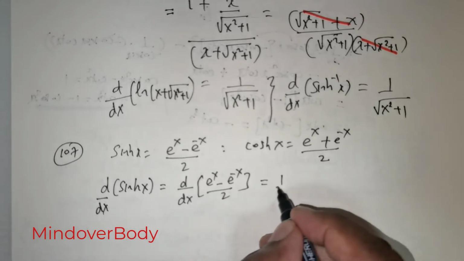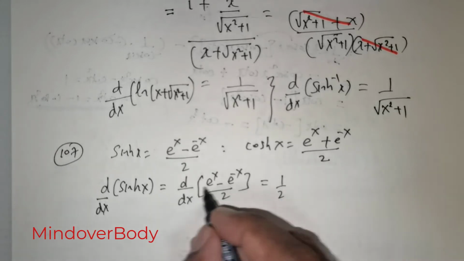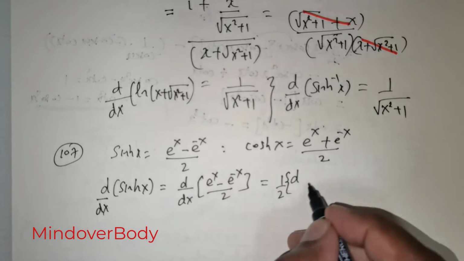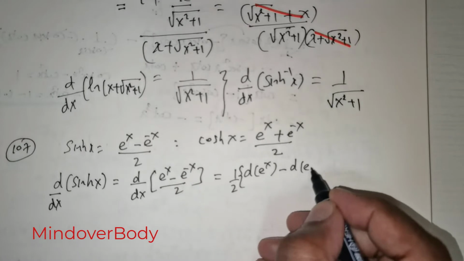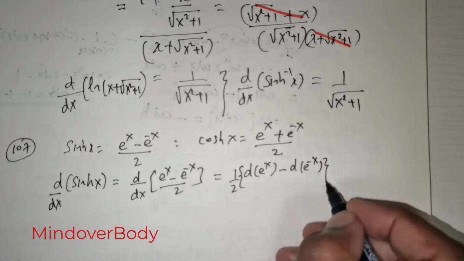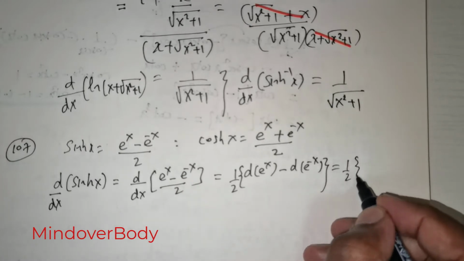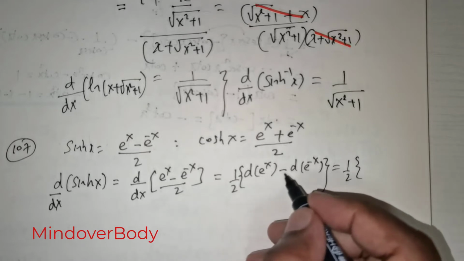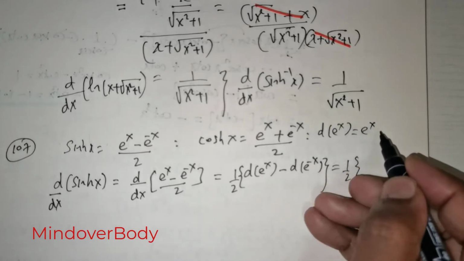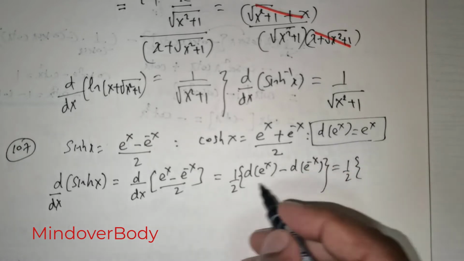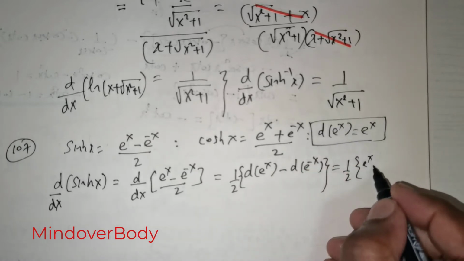Now I can rewrite this as 1 over 2 times, by linear property, differentiating e raised to the power of x, followed by differentiating e raised to the power of negative x. This is equal to 1 over 2 times. When I differentiate e raised to the power of x, remember, differentiation of e power x will give me e power x. That's critical. So this is going to give me e raised to the power of x